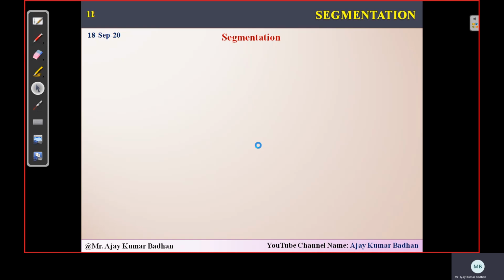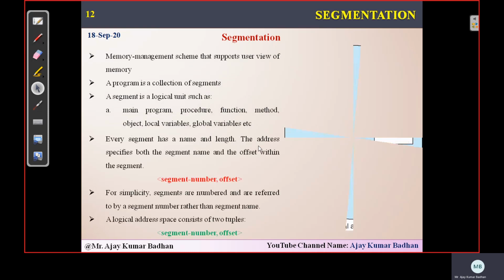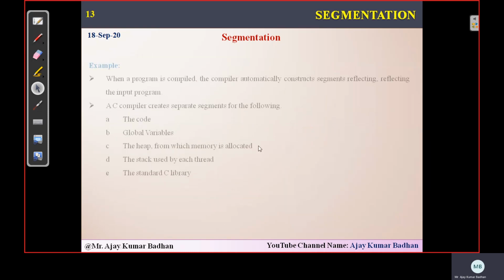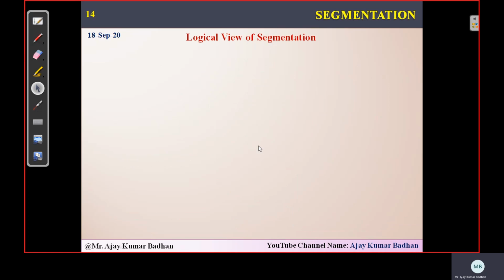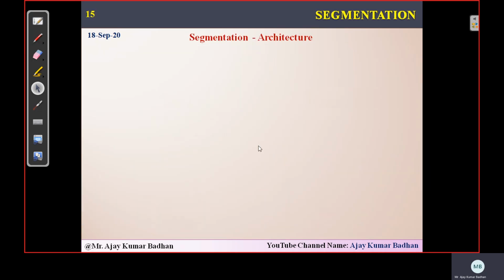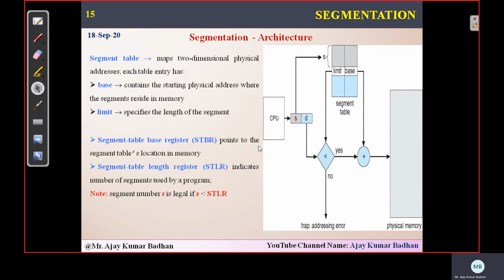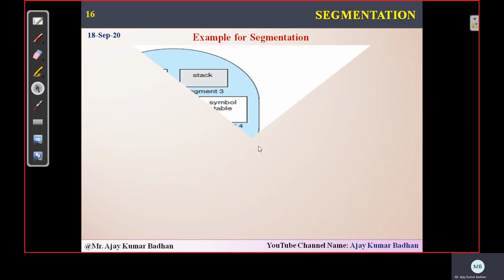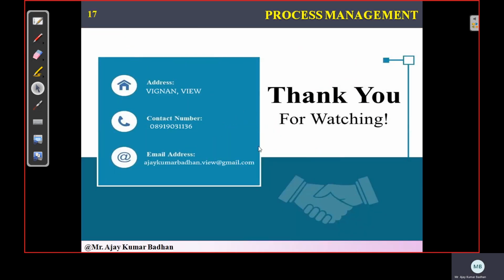So this is related to this. This is what we call segmentation. We have some slides I'll show you, and we'll be discussing this in the coming session. It's very interesting and good to go through. Here we'll also be using some concepts related to protection and so on, with examples. Okay, fine. This one we'll discuss in the coming session.